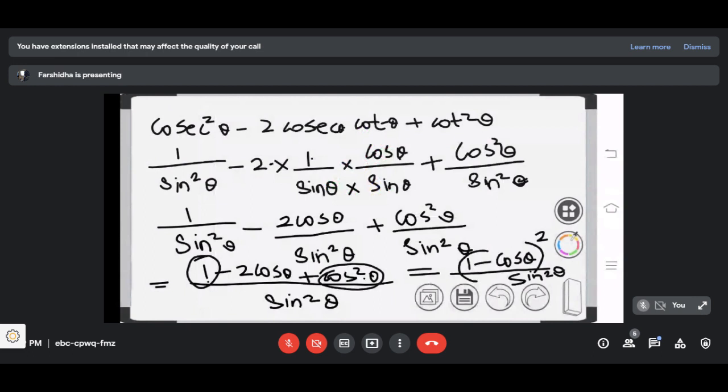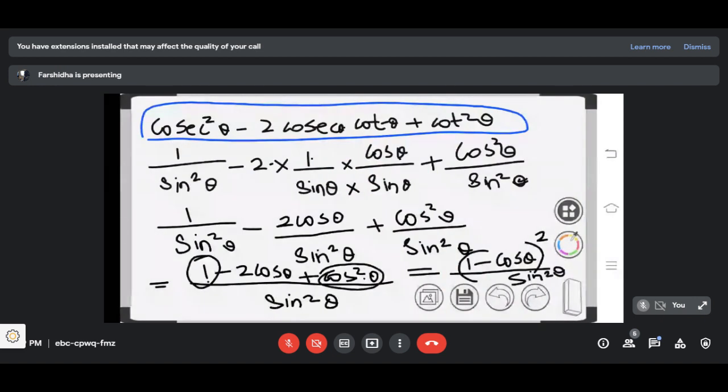Okay, I'll explain it again from the starting. This is our question: cosec square theta minus 2 cosec theta cot theta plus cot square theta. This we have expanded as a minus b whole square. Then we have substituted, instead of cosec square theta, we have written